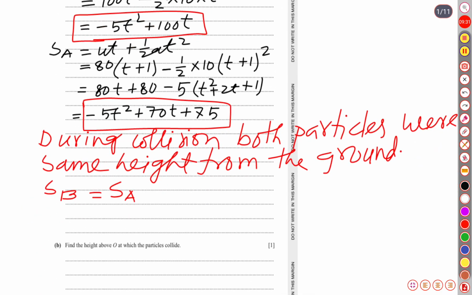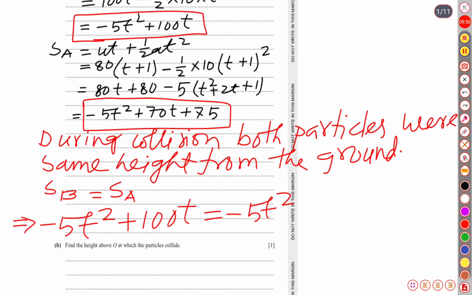SB is minus 5t squared plus 100t, equal to SA. SA is negative 5t squared